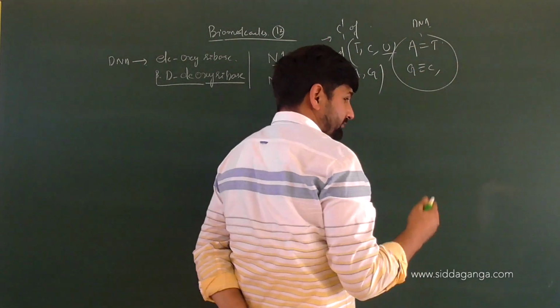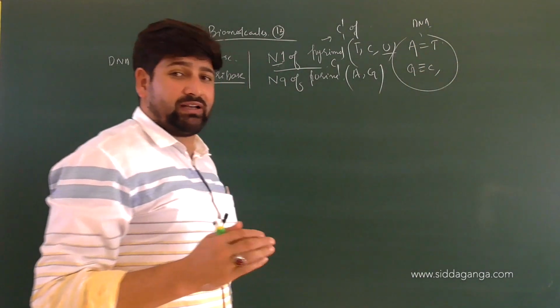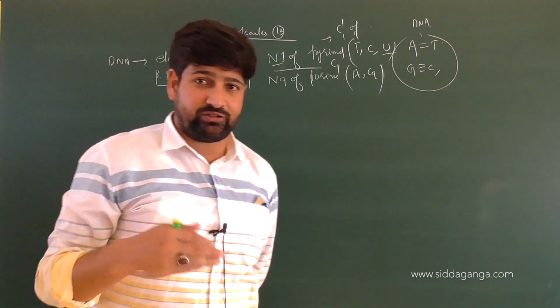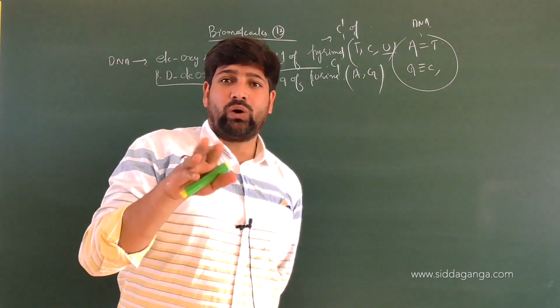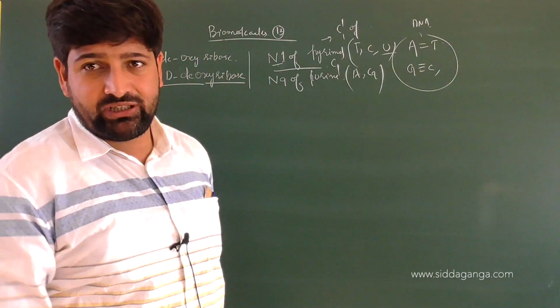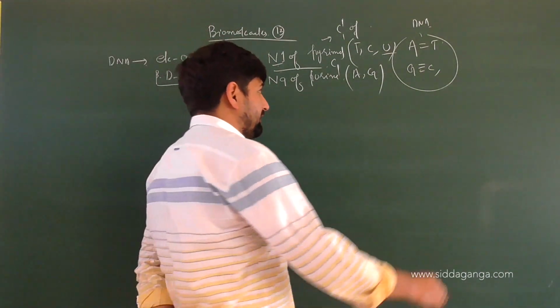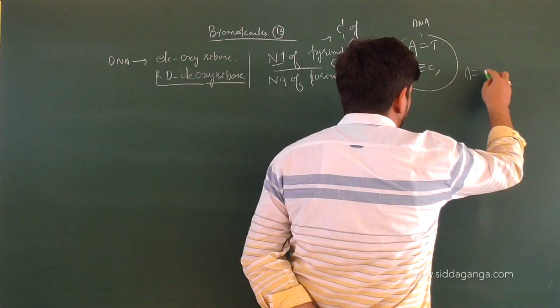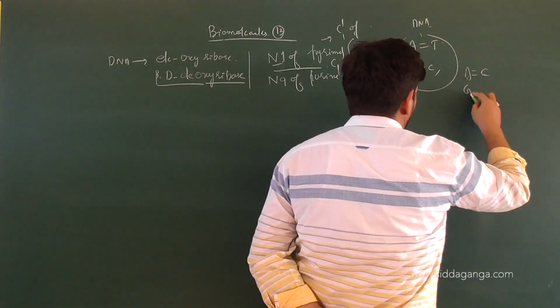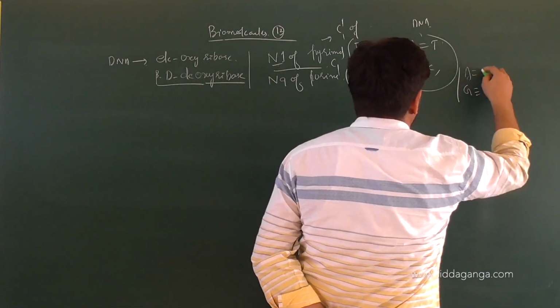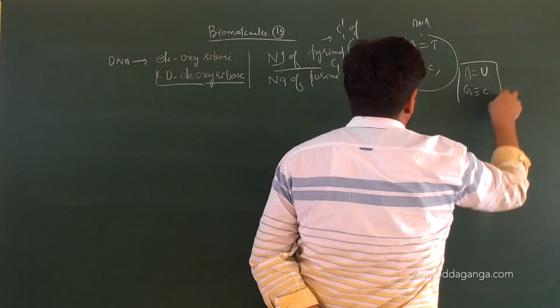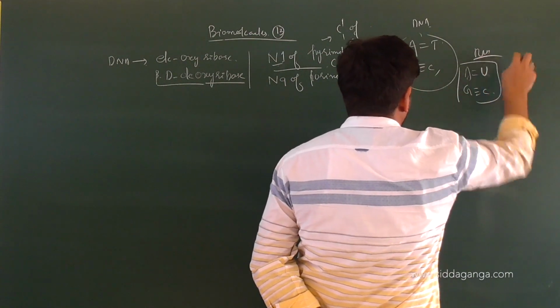If RNA, which is actually a single strand, however, when I told you in transfer RNA molecule, when it is made, if there is the process of winding in between the same chain, then the interlinking will be adenine with uracil and guanine with cytosine as usual. This will be in RNA.